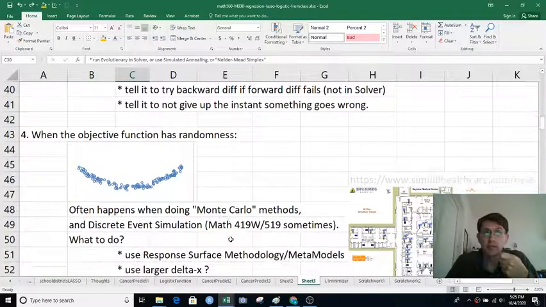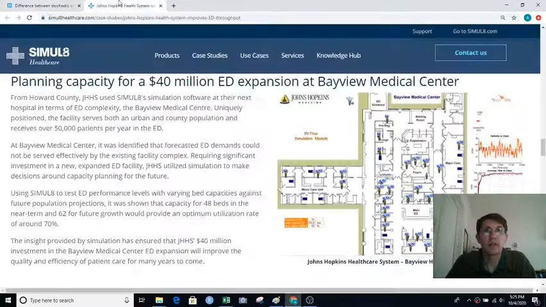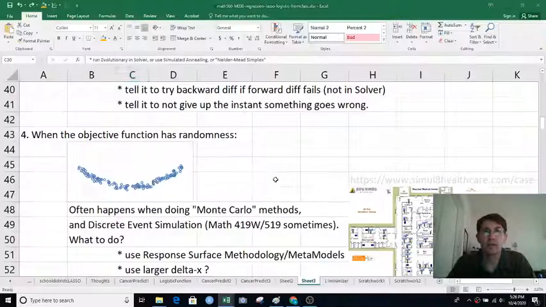There's also something called discrete event simulation. Here's a picture of an example. Let's see if I can find it here. So if you want to say what's the average waiting time in an emergency department based on how many doctors and nurses and patient stretcher movers that I have on hand, you can build a simulation that says people arrived at these exact times and took this long to get served by the triage nurse, etc. And you can track how many patients are in the clinic. But all those patient arrival times and patient service times are random, and if you ran the simulation again, you'd get slightly different numbers. So we talk about that kind of thing in math419,